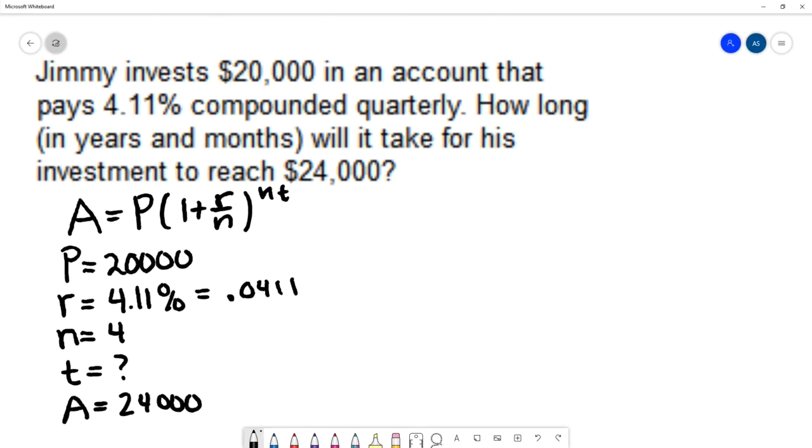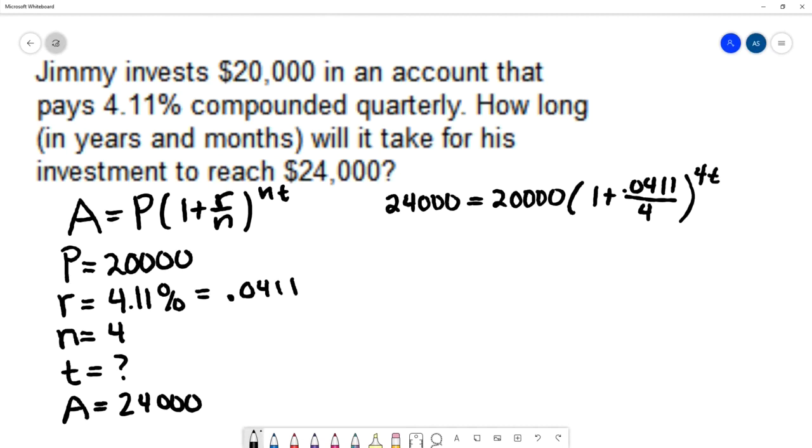Let's plug into the formula. That's $24,000 equals $20,000 times 1 plus 0.0411 over 4 to the 4t. So I'm going to divide both sides by 20,000. And 3 of those zeros cancel out. We get 24 over 20